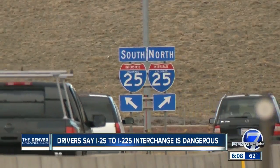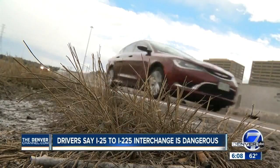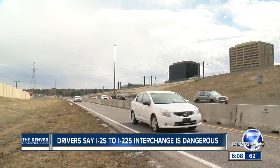Wilson thinks the entire bridge needs an overhaul for safety. This is bureaucracy at its worst. This is putting people's lives in danger. Ford says they would like to add another lane on the northbound I-25 ramp, but it comes with a $60